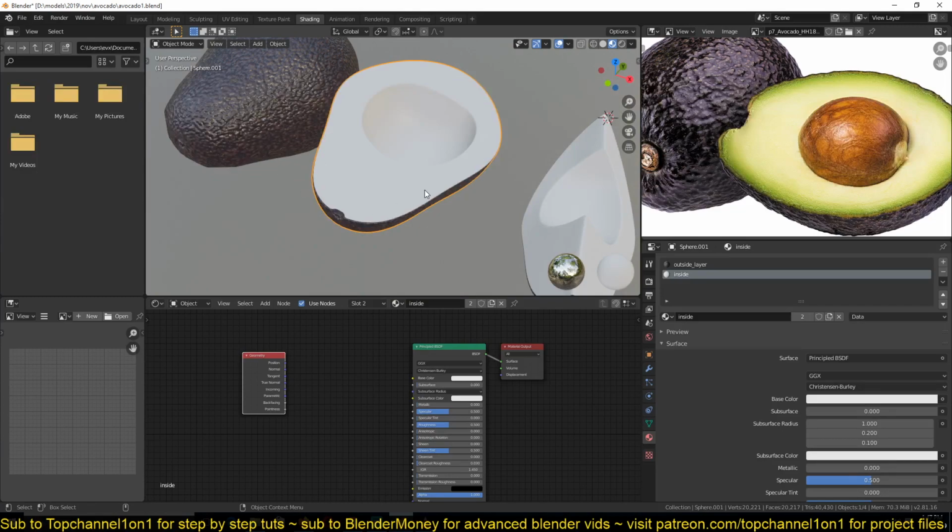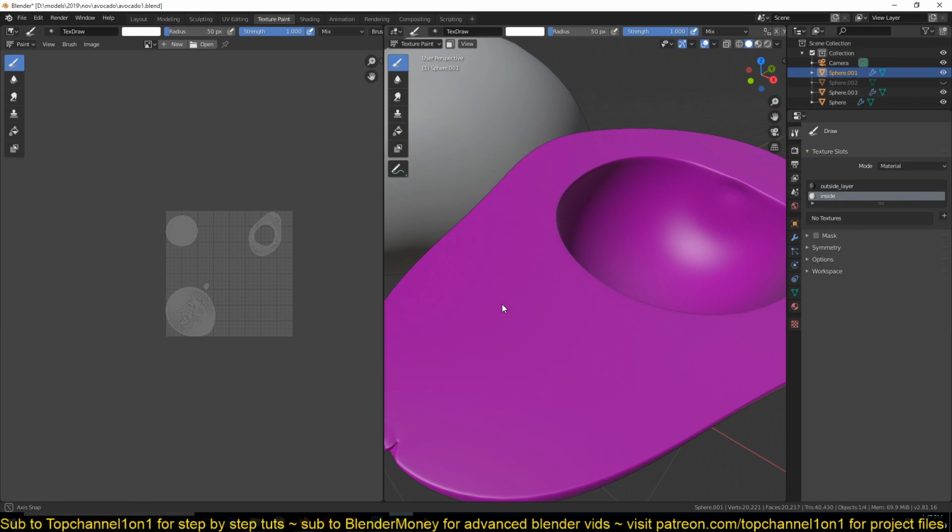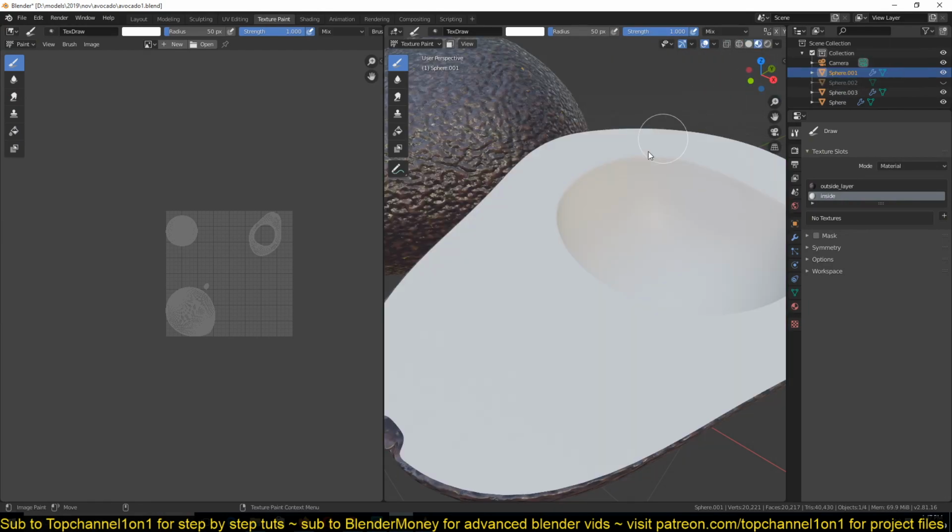To set up the painting shouldn't be that hard. Do we have an option for painting here? Let me see, texture painting. Just go to texture painting and first change this to material so that you can see what you're going to paint on. And then you can go to this tools menu, and of course you want to